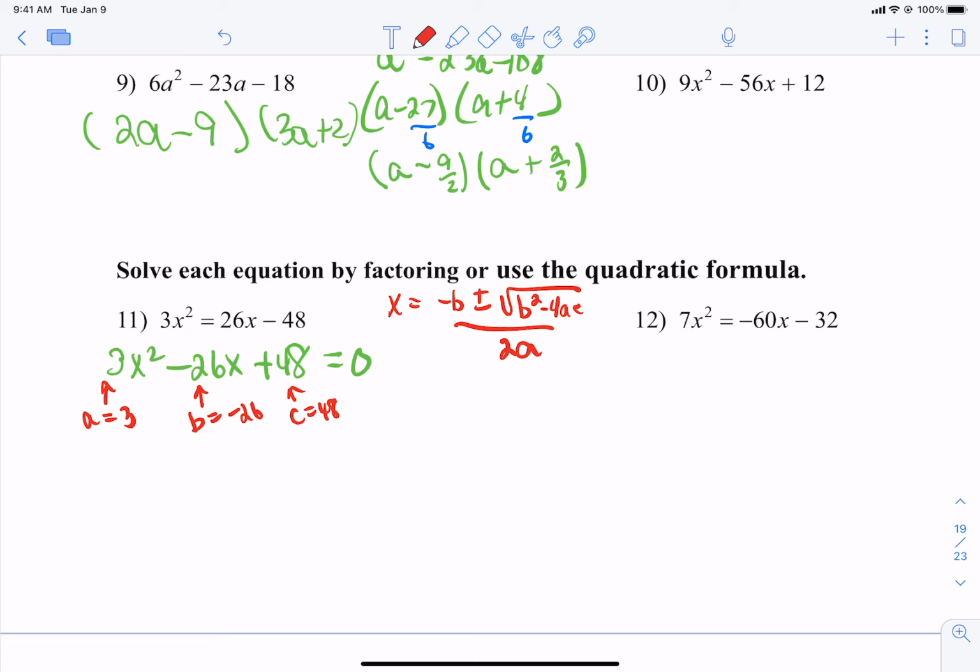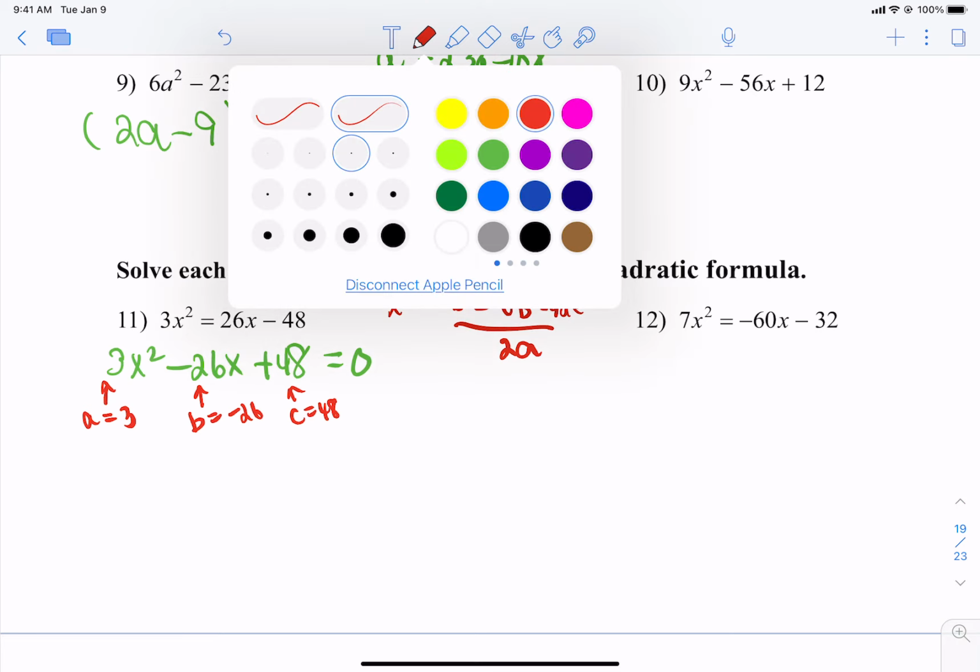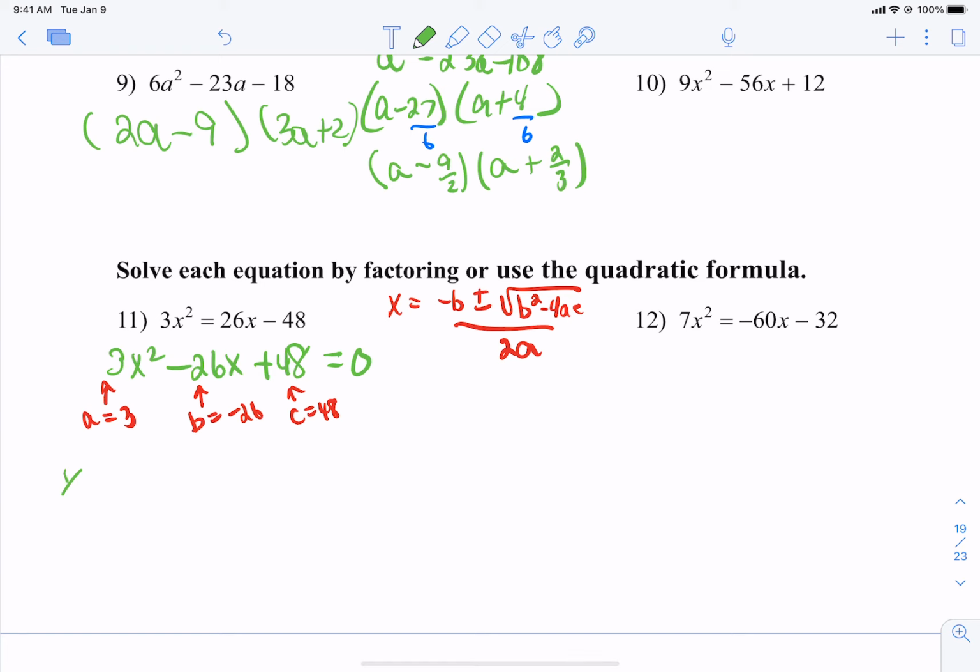Now we just have to plop into the formula. You have to follow order of operations or it's not going to work. So x is going to be equal to the opposite of b plus or minus the square root of b squared. Now when we square negative 26, when we square anything in this spot, we're always going to get a positive. So negative 26 squared is positive 676. And now I just like to do negative 4 times a times c. So negative 4 times 3 times 48. I get negative 576